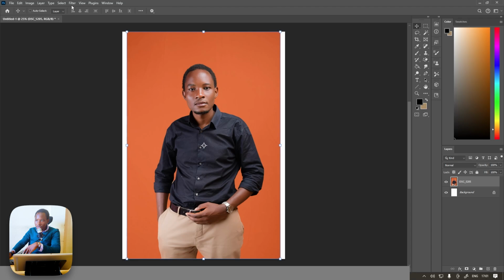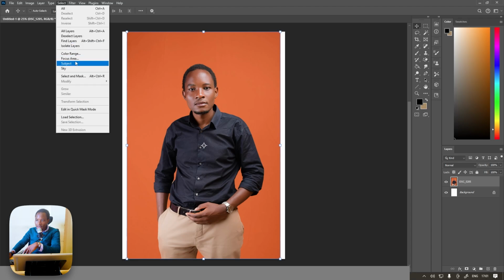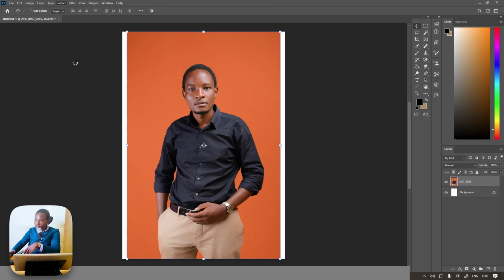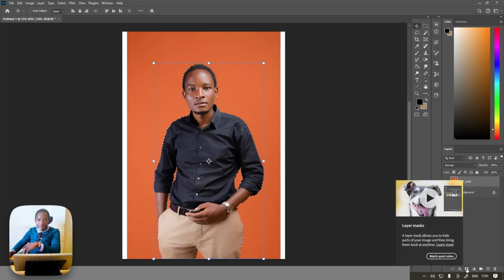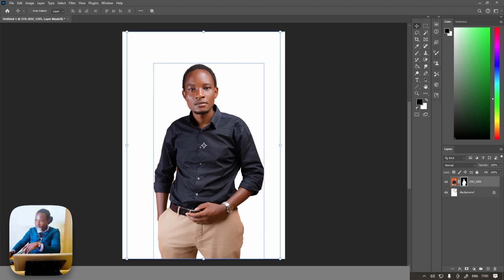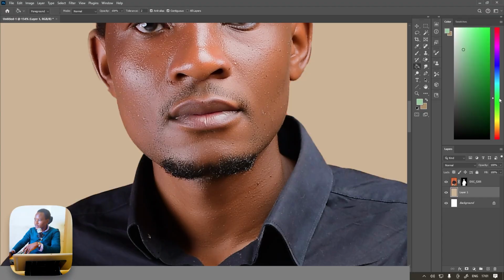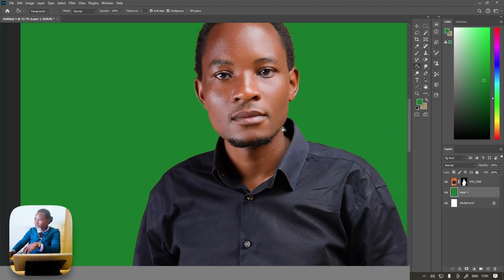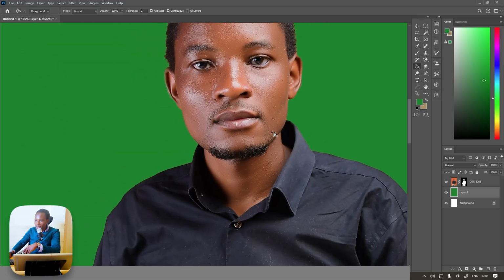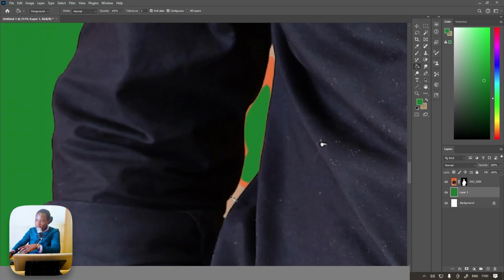To do that, you come to Select and then Subject. It will highlight your subject, and then you click on the mask tool here so that your subject is selected. Let's check if it is perfectly done. Let's just introduce a layer down here. The only areas that have blemishes are these areas, and before that, let me come back here to the mask,